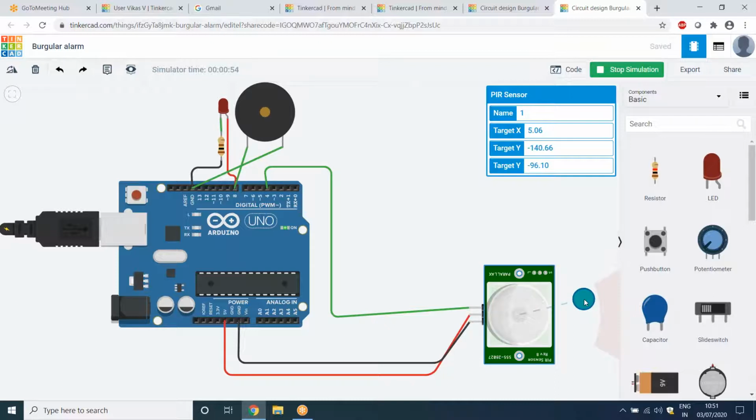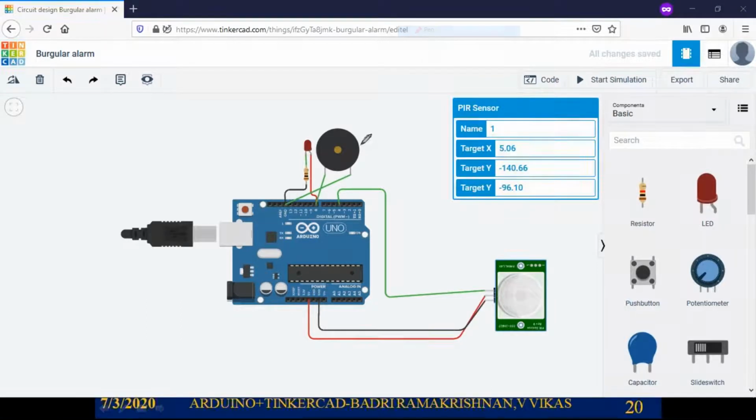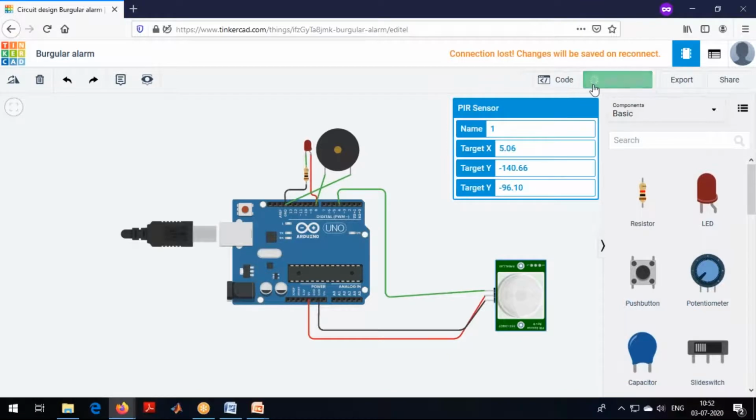Okay, it's okay. I am taking this screen back. See, you can just observe over here on this particular buzzer. You can see kind of waves or something like that. Okay, I'll start simulating. Are you able to see my screen?